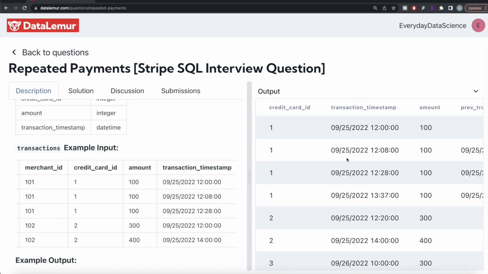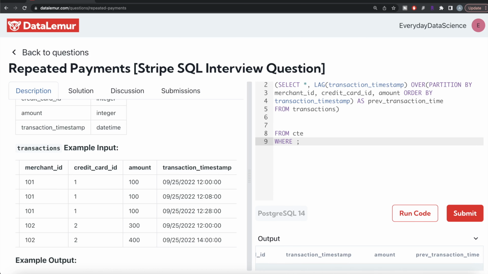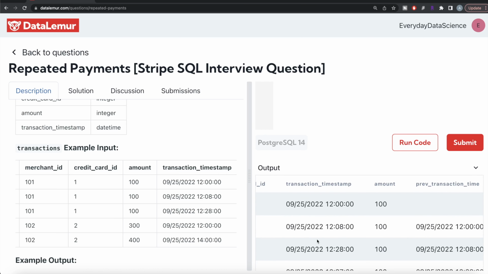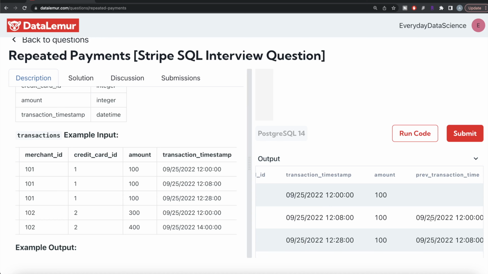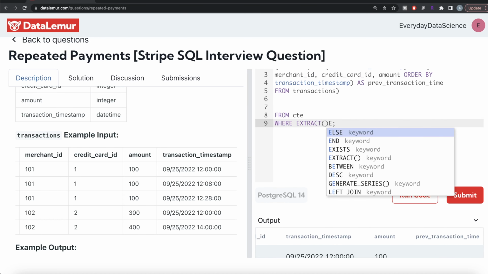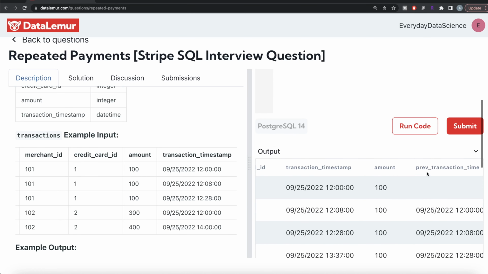So where, and this is a timestamp, this is a timestamp, right? So basically what we need to do is calculate the difference in seconds and then divide by 60, so you get the difference in minutes. So how to do that? We need to use the extract function. So EXTRACT, and there are different fields, like minutes, hour, etc., right? EPOCH is a field which calculates the difference in seconds in intervals. So we need to write EXTRACT EPOCH FROM, and then